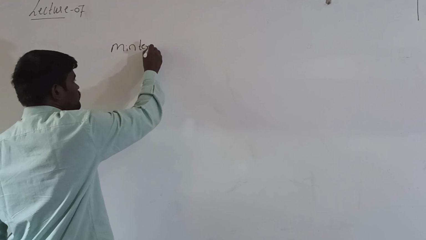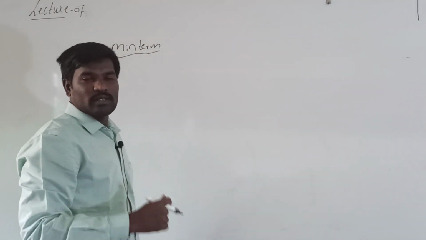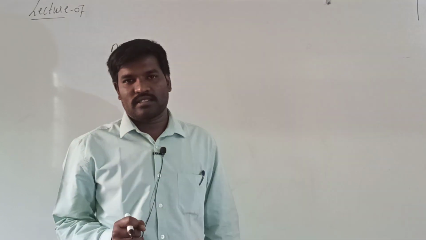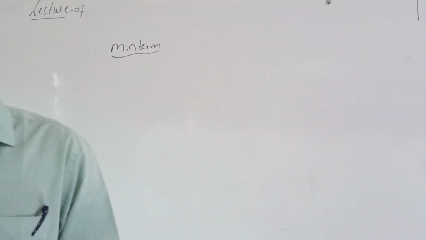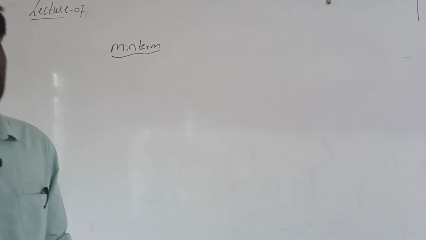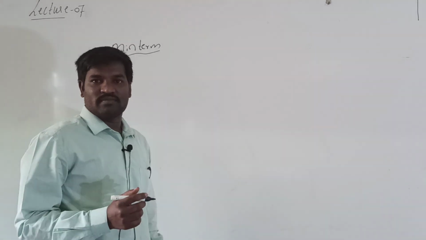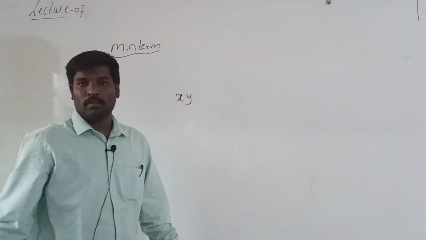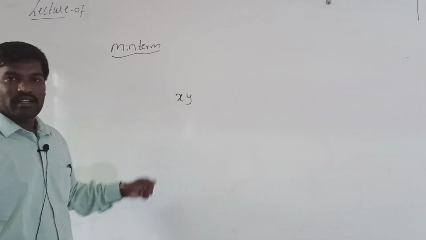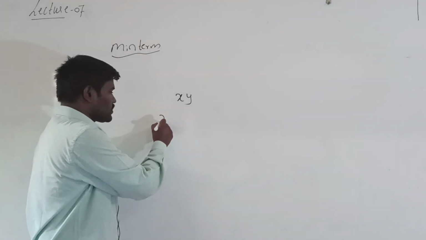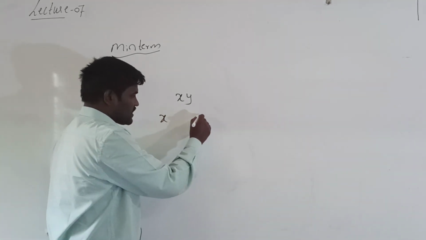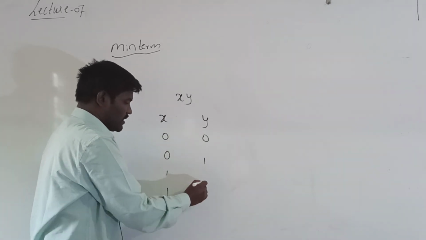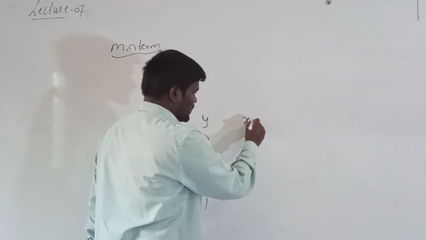Min term. So here min term indicates the product of literals. Okay, so here the min term indicates the sum of products in a given expression. For example, if we consider xy, x into y, first I can write the truth table for this x and y variable: 0 0 1 1, 0 1 0 1, xy.